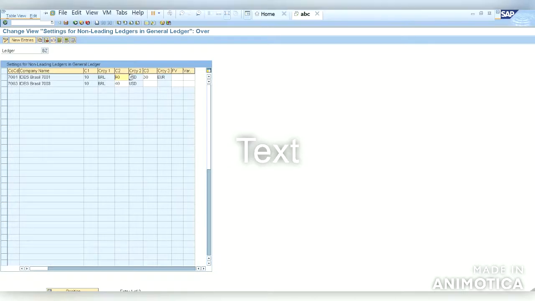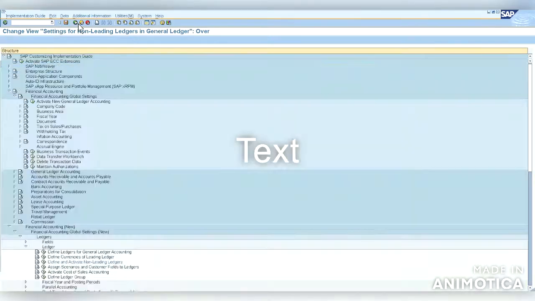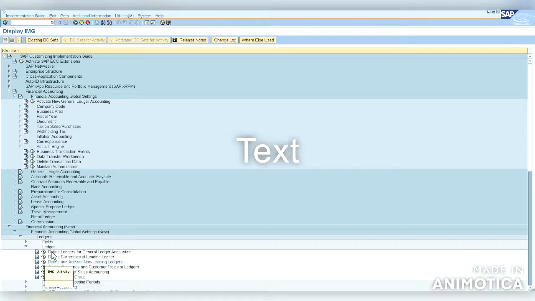Now let us check how the screens look in ECC. We have already seen that the options are a little bit different. In ECC it was define ledgers for general ledger accounting.